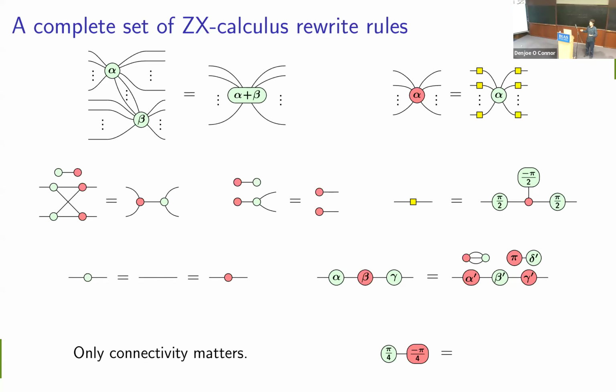So that's nice. But in general, we wouldn't expect to have efficient ways of reducing anything to some normal form, because then that would give us an efficient classical simulation method for general quantum computations, and we don't believe that exists, because we think quantum computers are more powerful than classical computers.